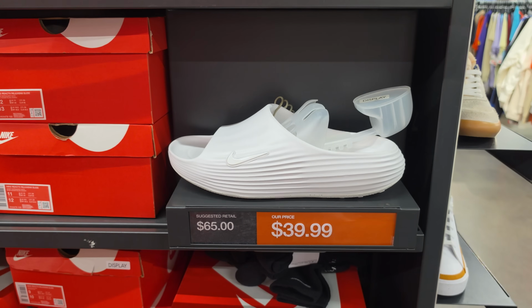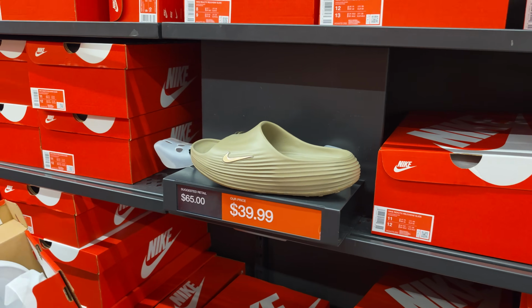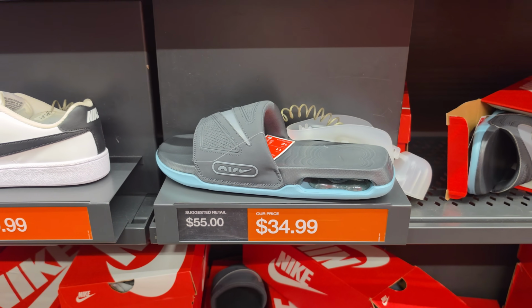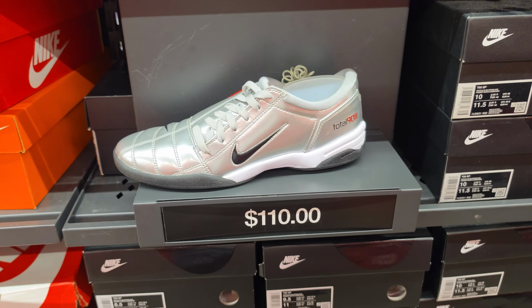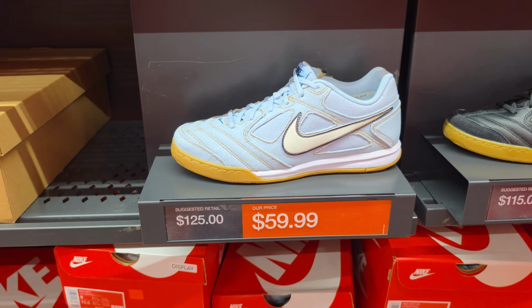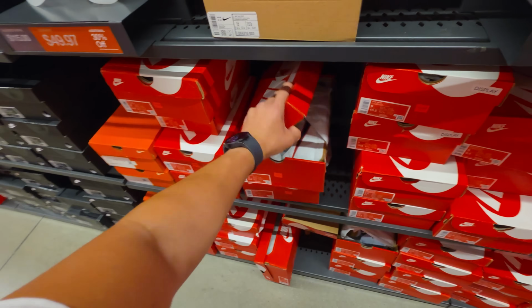And we got them in white. We got the slides in a khaki Volt. And then I don't know how to say this color. Air Max slides right here. Total 90s. And that one goes for hella cheap. This one goes for retail. Got a couple of Gatos right here. This one goes for hella cheap. For $35,